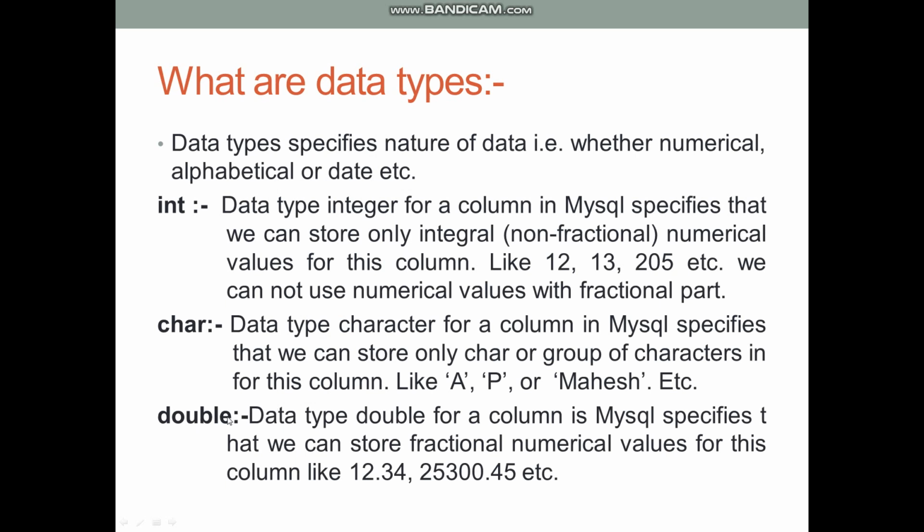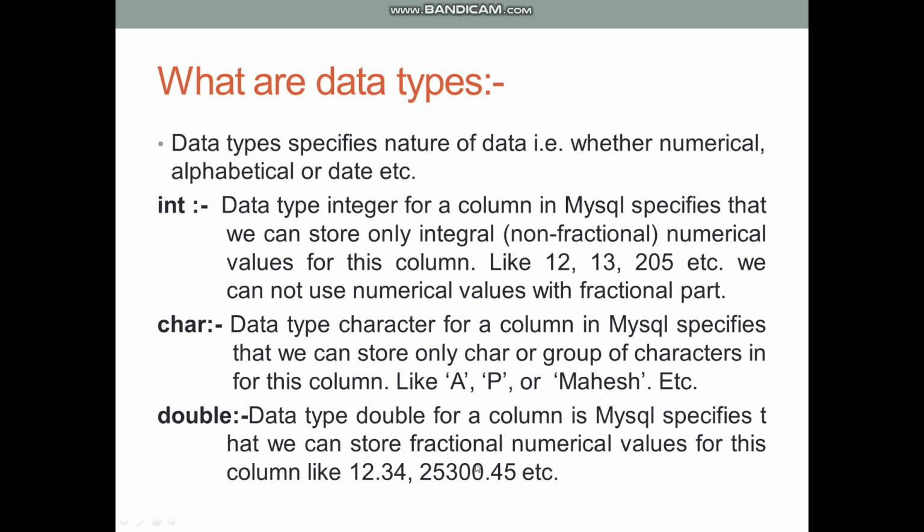Again, a double data type, as I told you before, is basically used to insert fractional numerical values. Means if you want to store certain values like 12.34 or 25,300.45, you have to use double data type, so that you can store both non-fractional part and fractional part in your column.